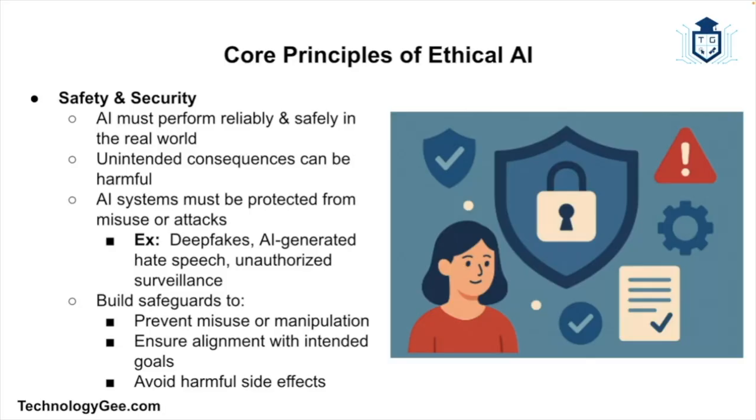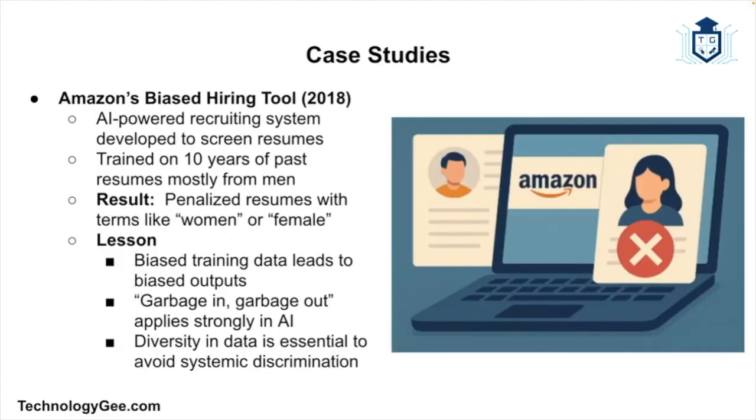And that also includes facial recognition that is used without consent. Now, all of this is possible and all of it is preventable with strong safeguards. All right, so let's check out some case studies that show why responsible AI is non-negotiable. So let's go ahead and get out of theory and get into reality. And these are examples of AI that were left unchecked that caused real harm.